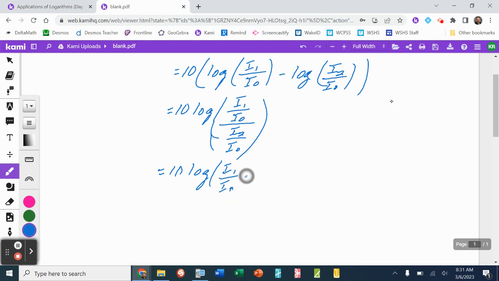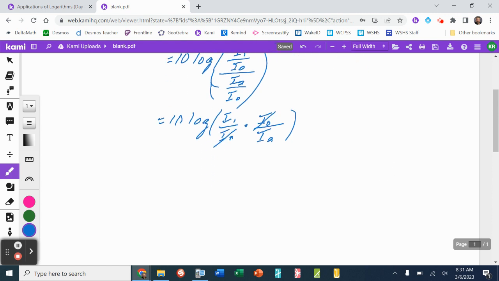So instead of dividing, I'm going to multiply by the reciprocal of that denominator. And when this happens, the intensity of the threshold of hearing simplifies out, and we're simply left with 10 times the common logarithm